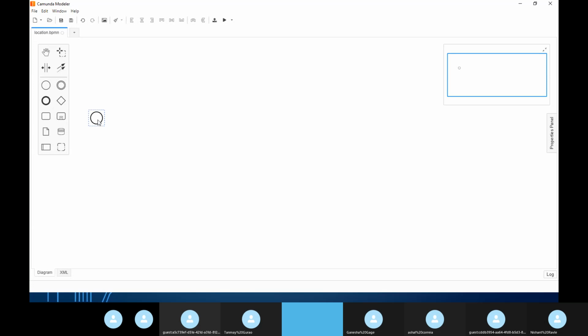So here we go. This is called a start event. We can just drag and drop it from here, or if you want something, we can drag and drop from here, or otherwise we can simply click on this and say, okay, this is something that I want. I can do it in this manner also. So either drag and drop or click on that and you will get it.